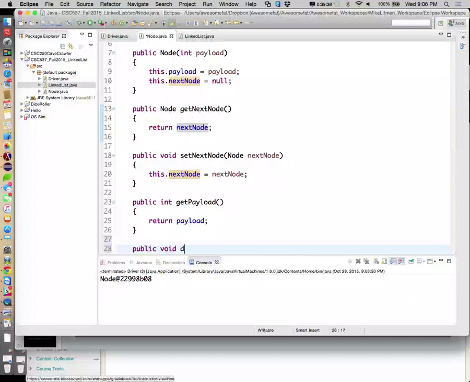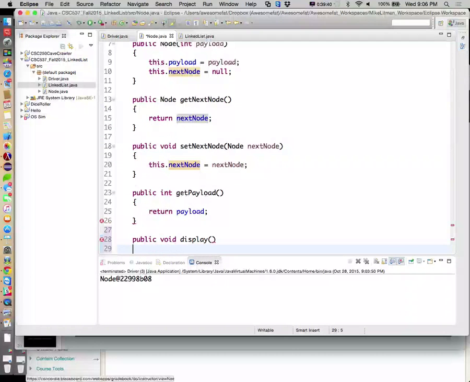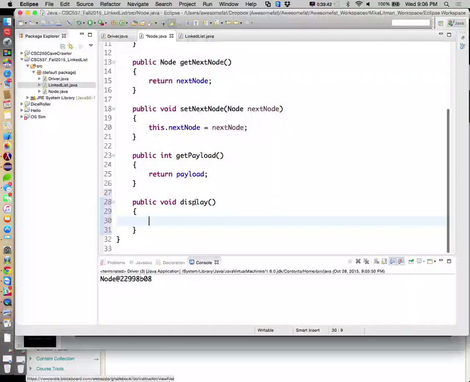Public void display. All right, so a node is always going to display its own payload first. So we'll say system.out.print, just so it looks pretty. We'll do prints instead of printlns. And we're going to say this dot payload.